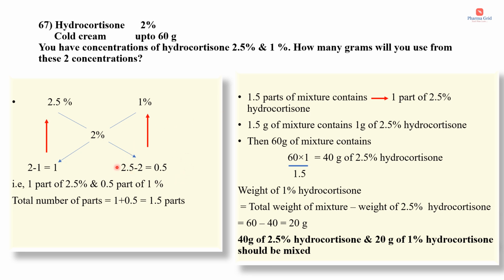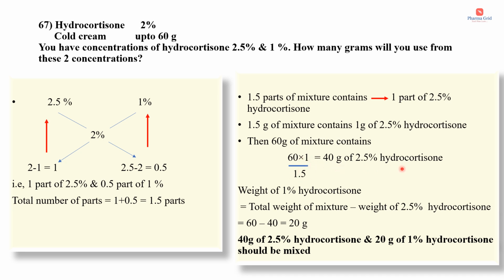Out of this 1.5 parts, one part is that of 2.5% hydrocortisone. This part can be converted to gram, which means 1.5 gram of the mixture contains 1 gram of 2.5% hydrocortisone. Then 60 gram of the mixture, because we need to prepare the cold cream up to 60 gram, contains 60 into 1. By cross multiplying, we get 60 into 1 divided by 1.5, that is equal to 40 gram